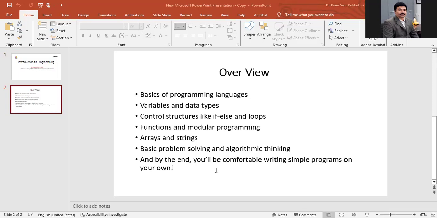And we'll also think about basic problem solving and algorithm thinking. How do you solve a particular problem? What are the steps involved in writing an algorithm? How do you draw a flowchart? At the end of the day, you'll be comfortable writing simple programs on your own based on the logic that we developed. So you'll have hands-on experience through coding classes, coding labs, and small projects we'll also do based on